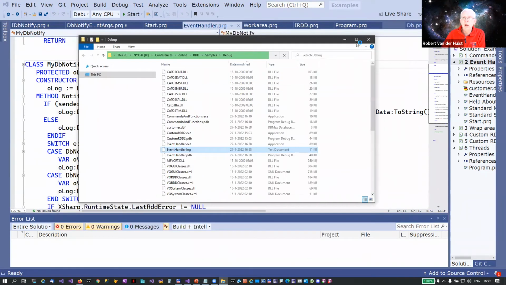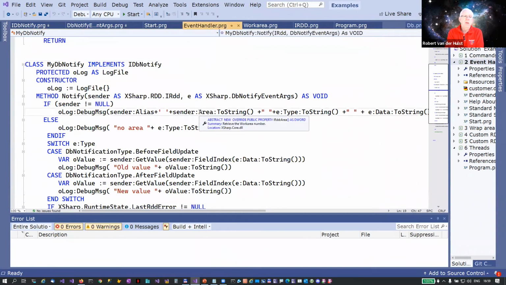Now, this was developed for a customer that actually wanted to log when certain things were happening, because right now I'm only logging the operation, but you could also log the call stack. And if you have a complicated application, it may help you find where a certain value is written. So if you would set a breakpoint depending on the alias and the record number, this can help you discover where exactly a certain value was updated, and you don't have to create your own RDD to do that. You could also create your own RDD, but this is cleaner because